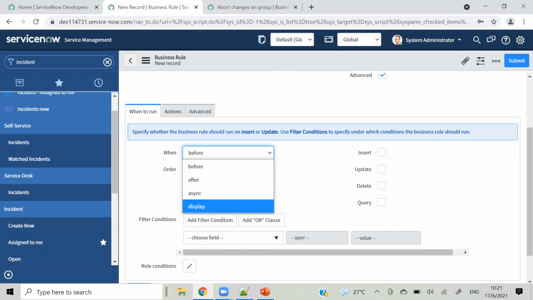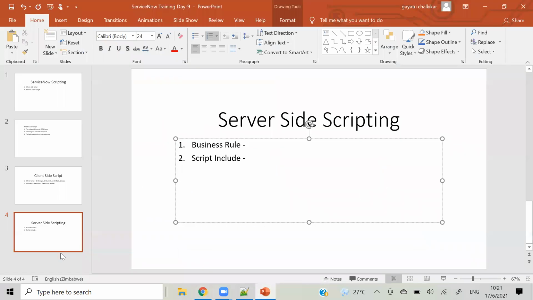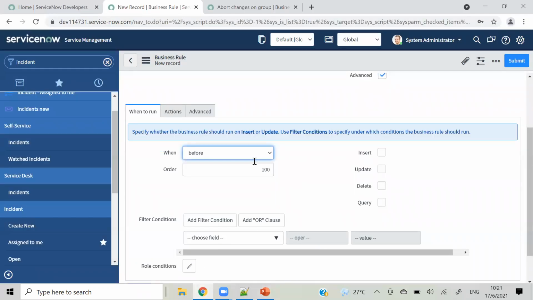Okay, so coming to this: before, after, asynchronous, and display business rule. And what it will run, like before what, after what, what is asynchronous, what is display. We will look at that with a simple example.